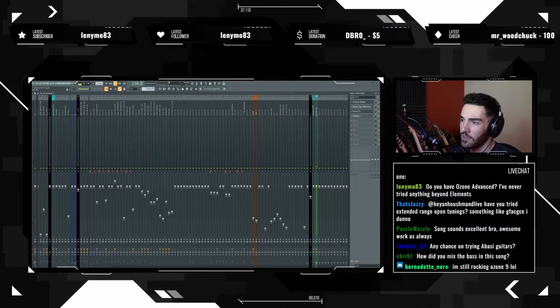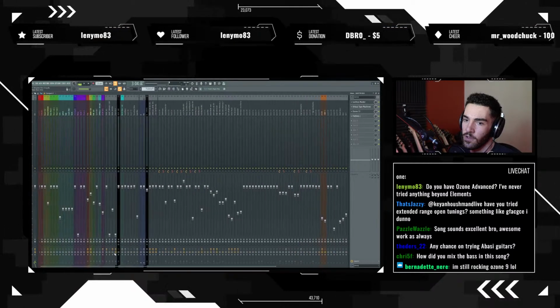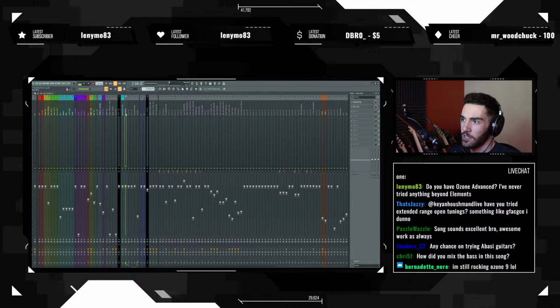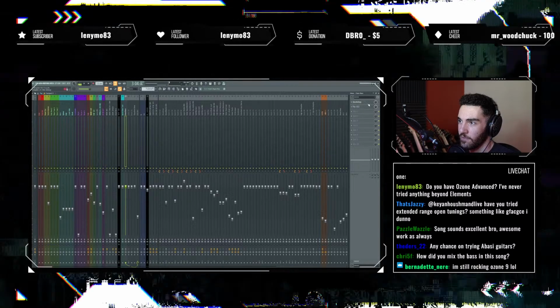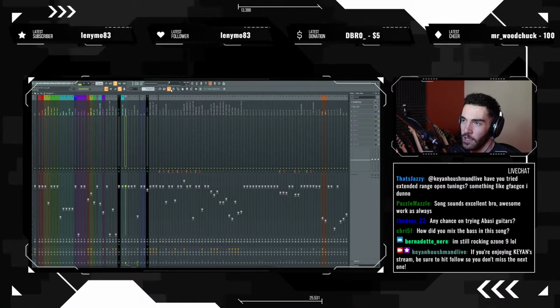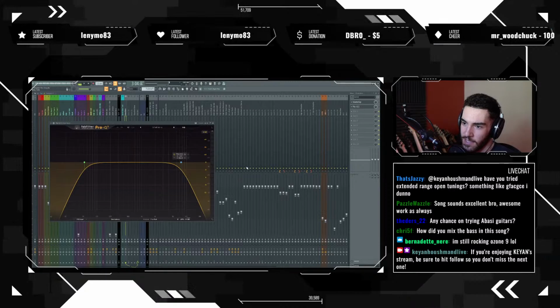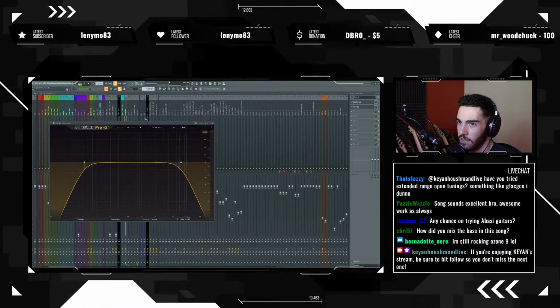How did I mix the bass in this song? Good question. So we have two bass tones, a gnarly tone and a clean tone. The clean tone, I didn't even care. I just used the clean tone coming out of the Ormsby bass, put some Double Tap on it, and some very light EQ. That was it. I didn't really touch anything else for that.